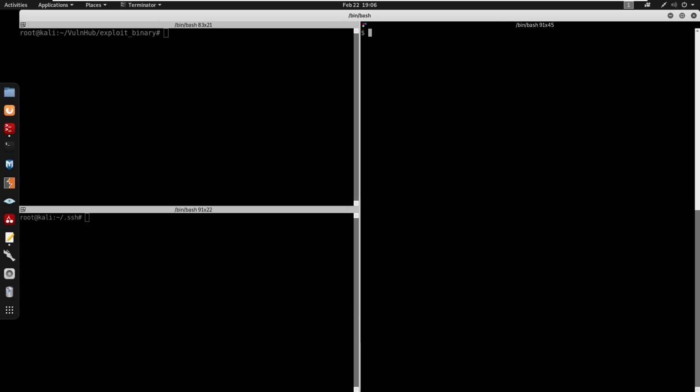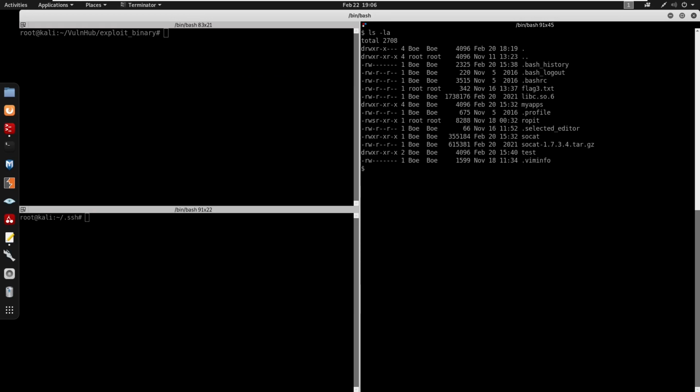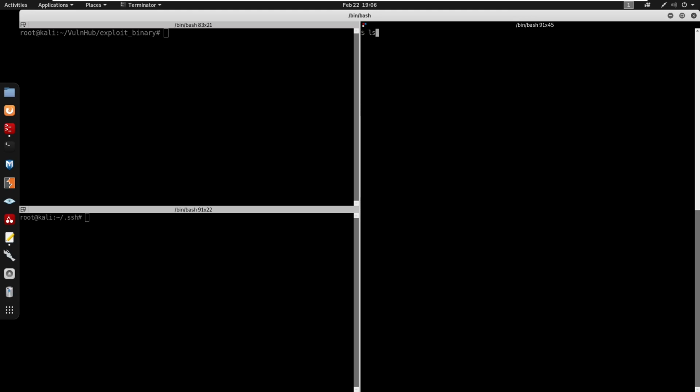Alright, so I already have my persistent SSH connection, so I'm actually going to show you guys how I imported my public key. The first thing I'm going to do, since there is no .ssh directory, is make a directory called .ssh. From here, I'm going to do ls -la. I'm just going to touch an